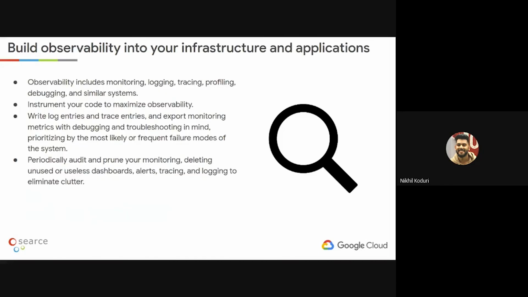Observability becomes an important factor when you're trying to make your application more reliable, right? Observability is nothing but a concoction of all the logging, monitoring, tracing, profiling, debugging and all these kinds of systems. You have to write them in your application and incorporate tools into your infrastructure.